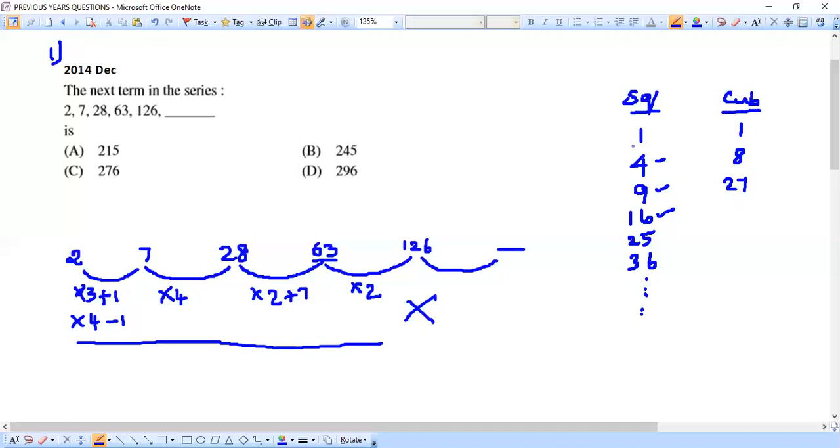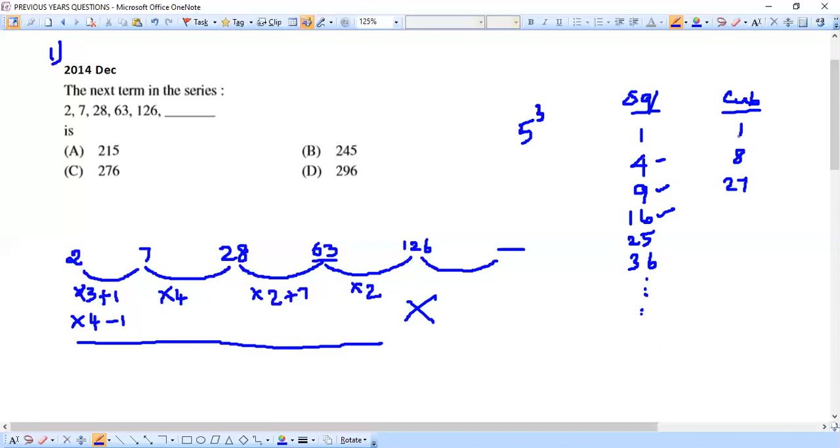Okay. So how do we write that squares and cube actually? So suppose if I want to write 5 square. 5 square I'll be writing like this, 5 power 2. So on the head of this 5, I'll be writing 2. So this represents 5 square. Same way, how do I represent cube? 5 cube, I will be writing like this. I will be writing a 3 over the head of this 5. This represents 5 cube. That's it.